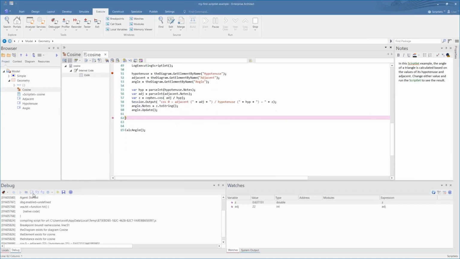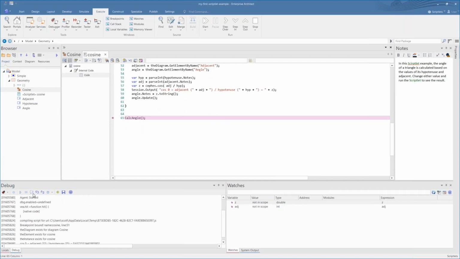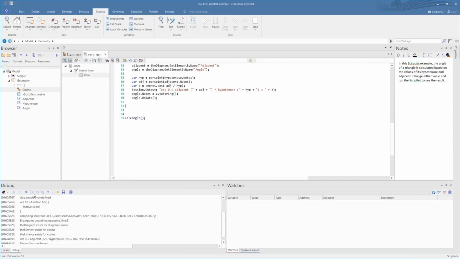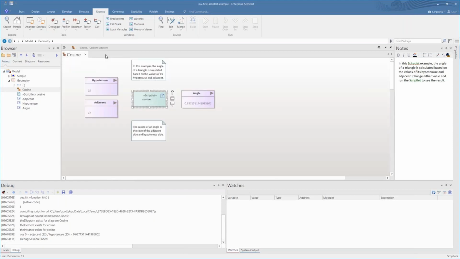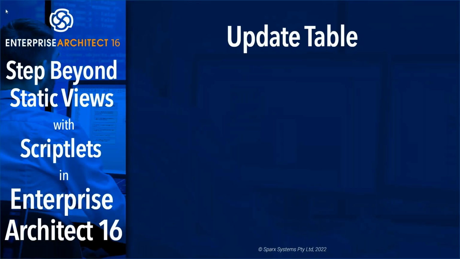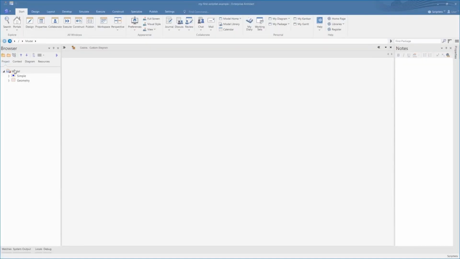So what's really good is that you can step through your code, you can add watches for various variables, you can see when they change, and the debug items down there also allow you to see anything that's printed to session.output.